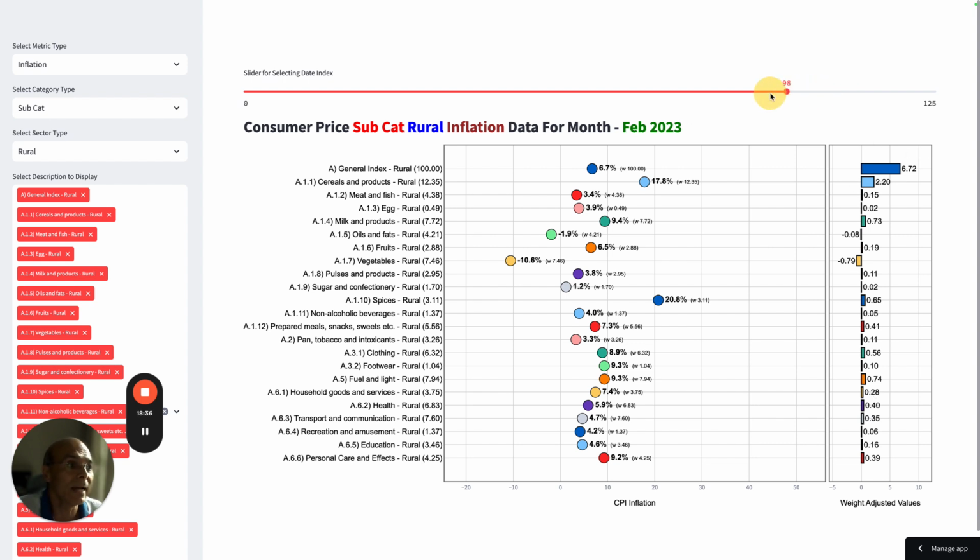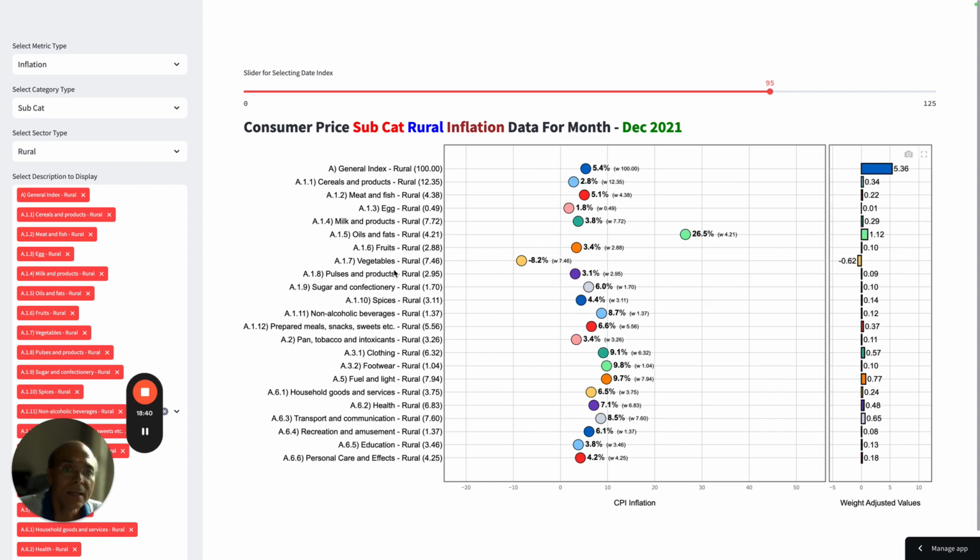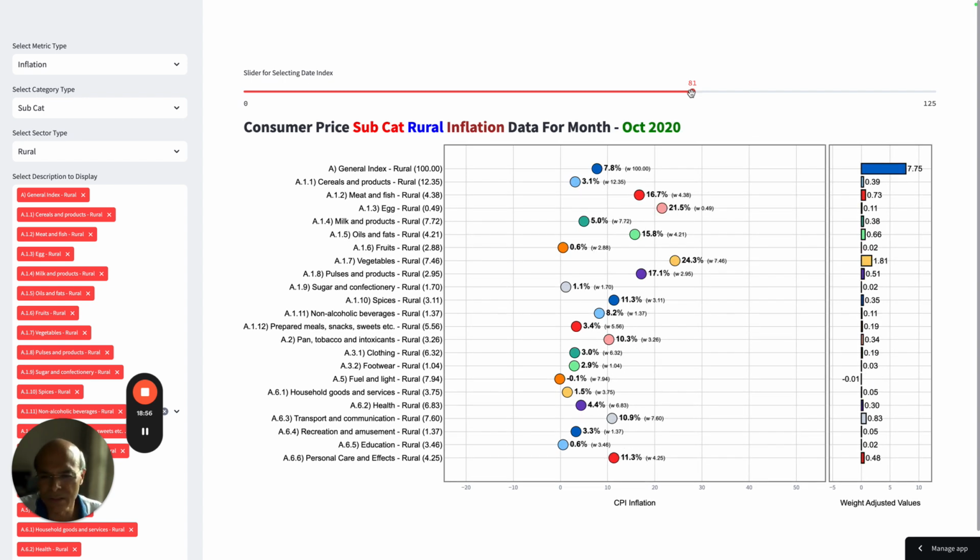Now, if I drag this further back, let's see. Oil and fat, 26.5% in December 2021, it was 5.3 out of 536 basis points. Oil and fat contributed how much? 112 basis points. Now, if I drag this again, you can do your own analysis, because I'm just showing you how to use this.